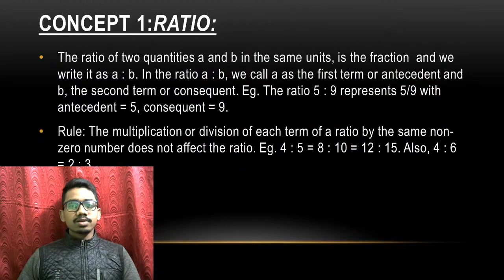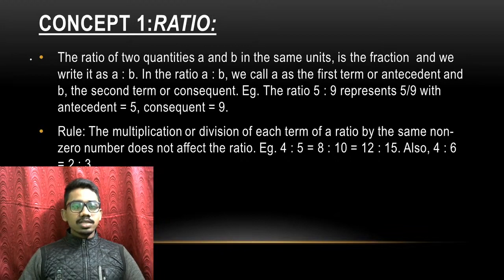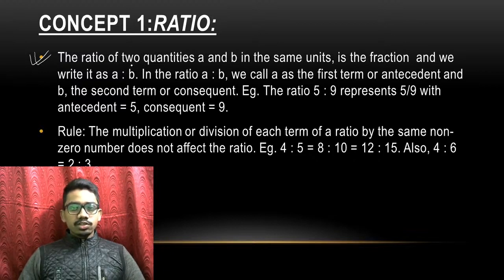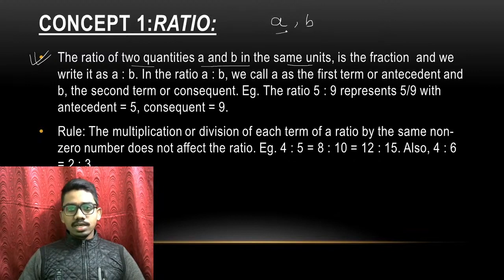All right. So let's see the concept of today's class. Let's see the concept of ratio. See, first of all, let's talk about ratio. Then we will talk about proportion. Clear? So the ratio of two quantities A and B. If there are two quantities, मान लीजिए एक quantity A है and एक है B. So in the same unit, the units are same. The unit of A is same as unit of B. Suppose the unit of A is in centimeter and B is in centimeter. So the units are same. Clear? So in the fraction, we write it as A ratio B.